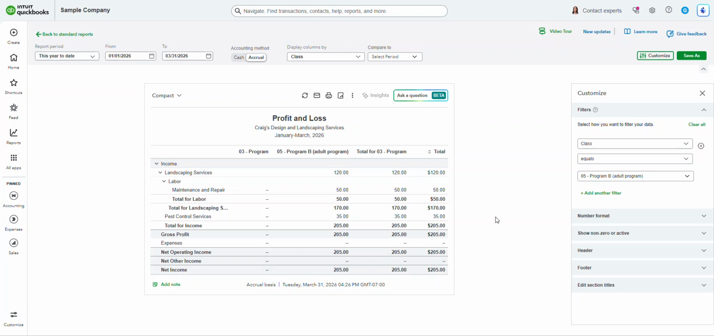So in this video, we're going to show you how to do the same thing that we did with classes in the previous one. We're going to do it with the other function, which is called locations in QuickBooks. One of the interesting things about this function is that it gives us another way to slice up these